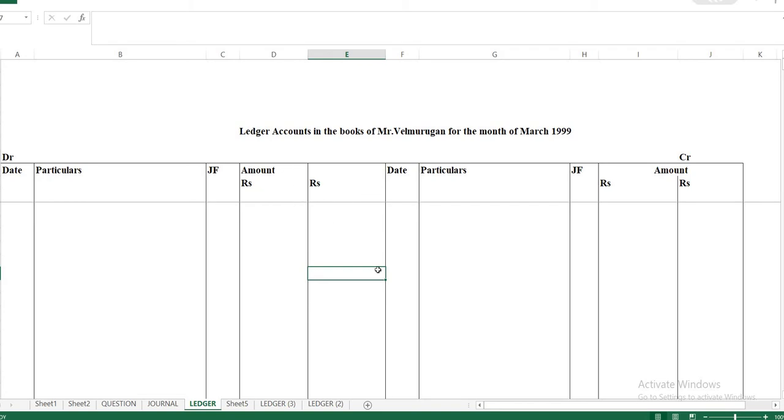pies column, or a small column will be there. You just write it out pies. Generally, we don't get that much pies and all. So date, again particulars on the right hand side of your notebook, JF column, and amount, rupees you have to give. So this column will be for inner column, this column outer column, all those things I have discussed earlier. Okay, and next thing what we must do is that you have to prepare separate accounts for each thing.